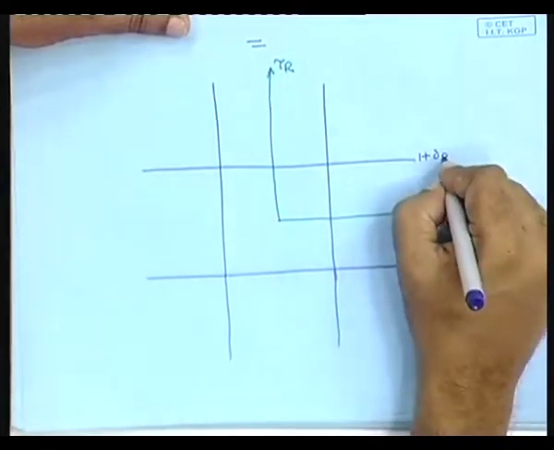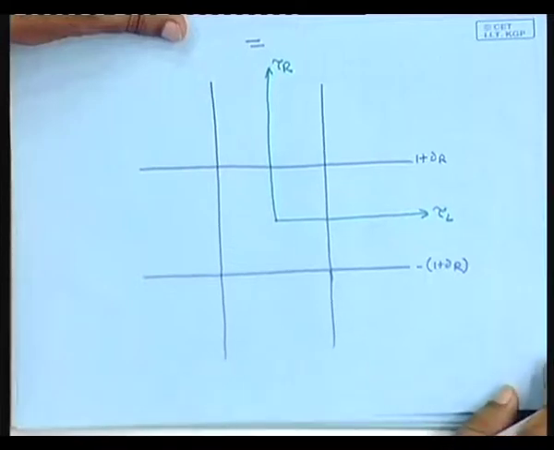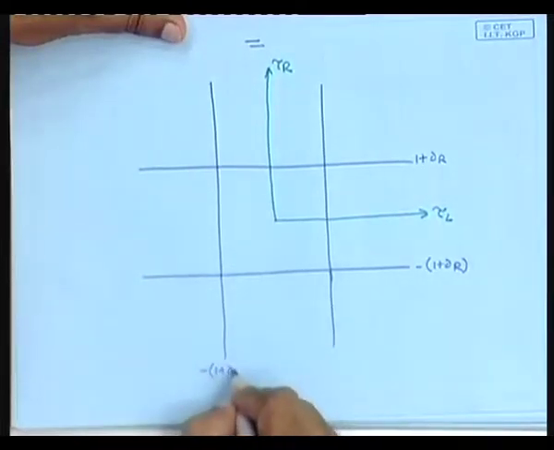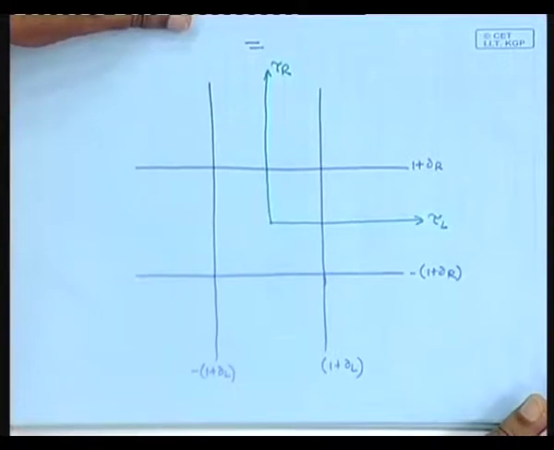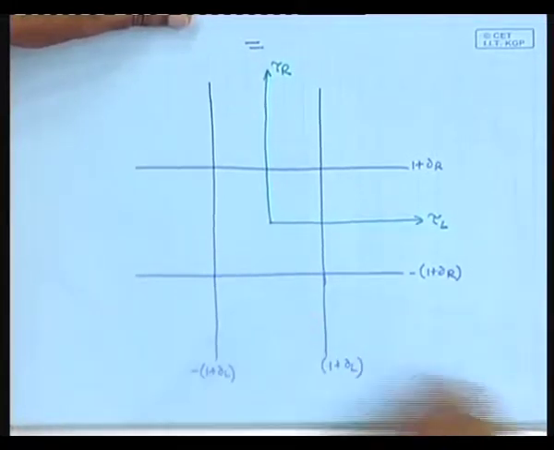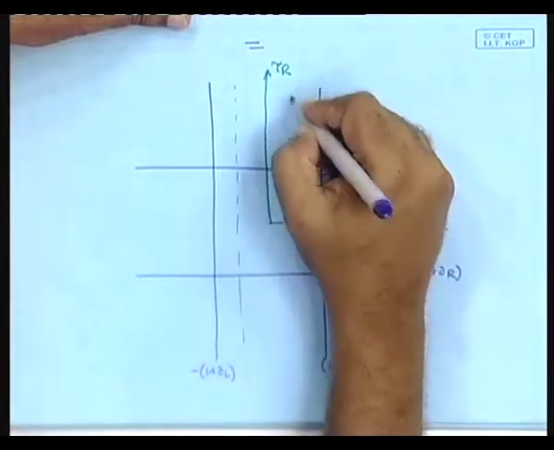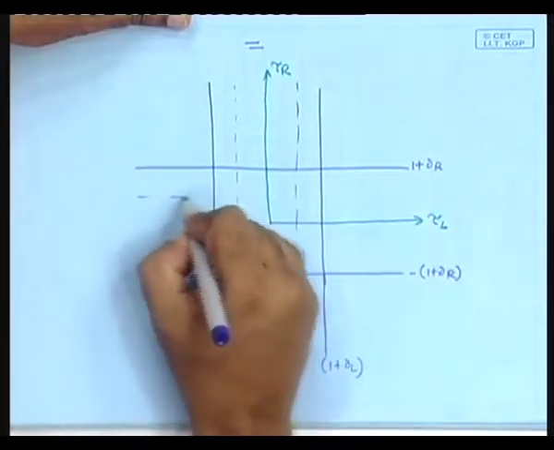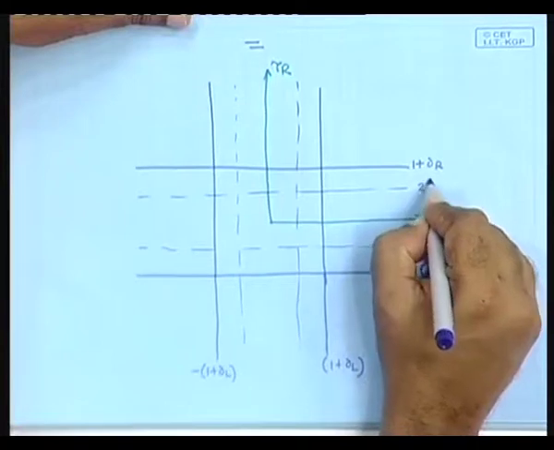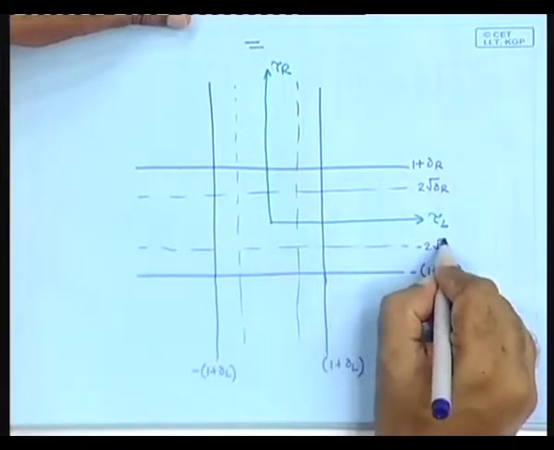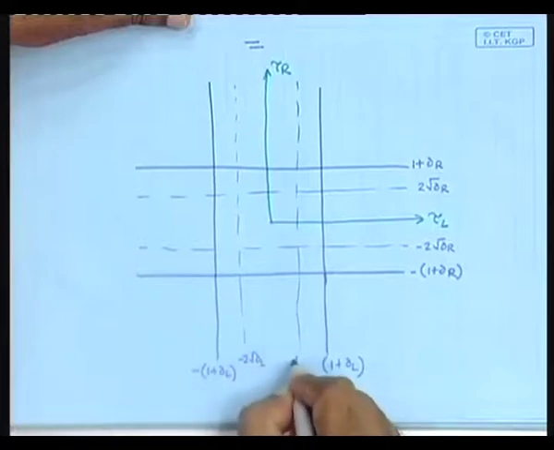this would be tau R. Okay. This was the gross division. In between there would also be these subdivisions depending on which you decide whether it is a spiral or a regular fixed point. So, this is at 2 root delta r, this is minus 2 root delta r, this is minus 2 root delta L and plus,